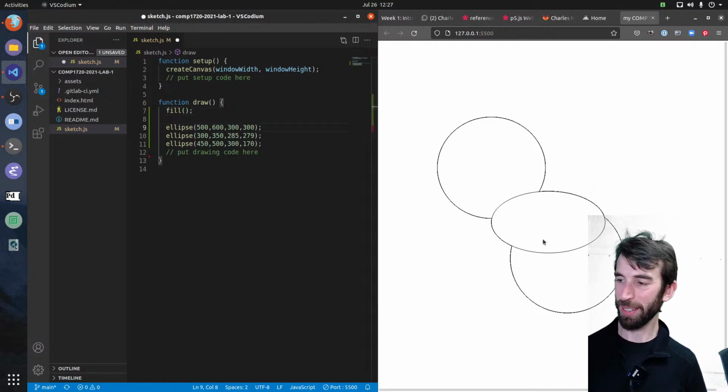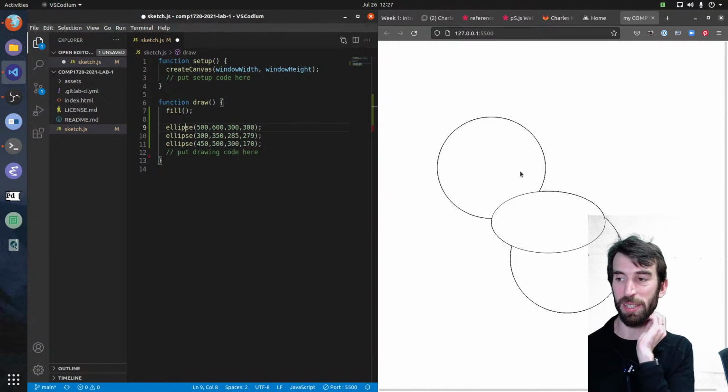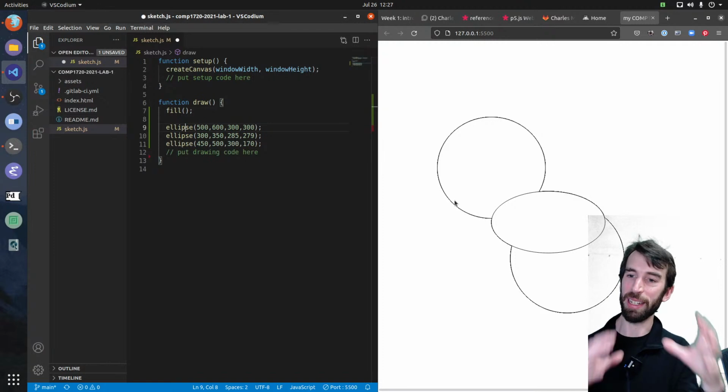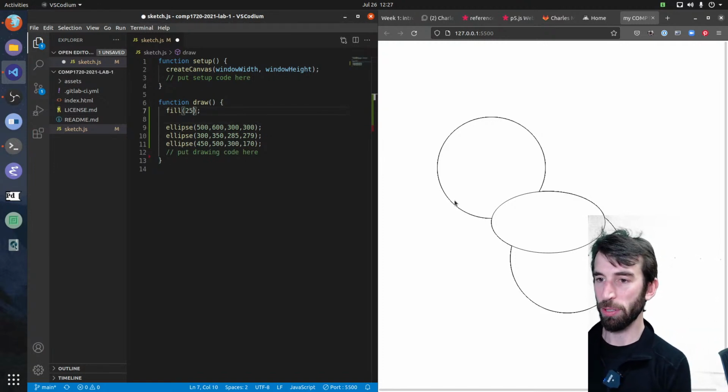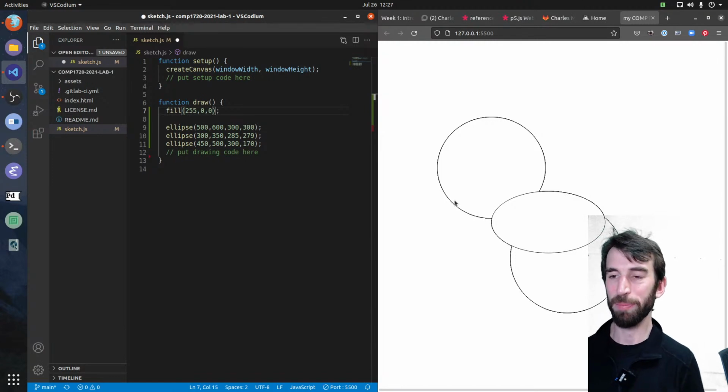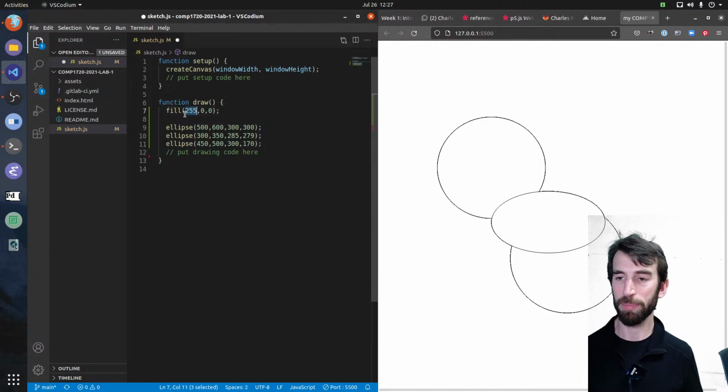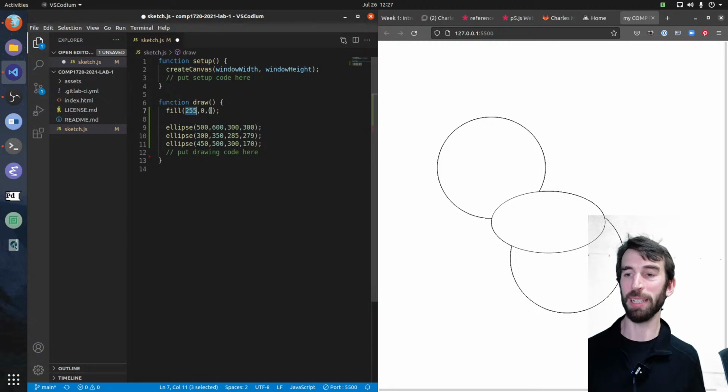Well, you see, this circle in the middle covered the other drawings because, in fact, it seemed like they were just drawing the outline of a circle, but it was actually drawing the outline and then coloring it in with the color white. So if I make it red, 255, 0, 0, you remember I said that fill has 3 parameters. One is 255, one is red, the amount of green, the amount of blue in the color.